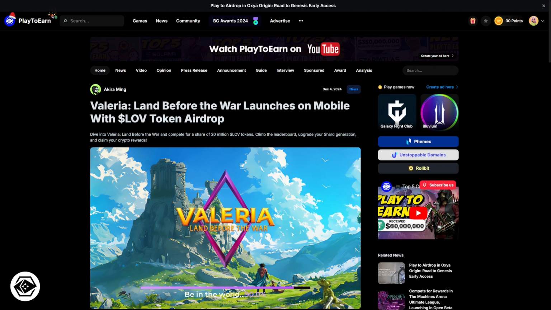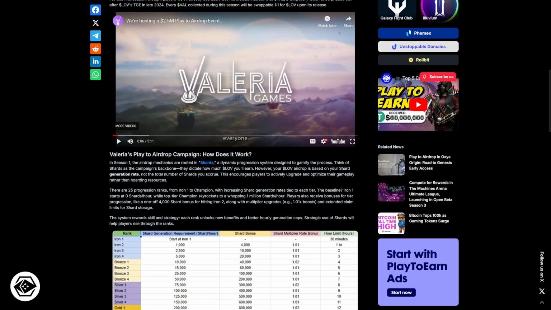The game recently launched on mobile and has an ongoing Play-to-Airdrop campaign to mark their entrance. In this season, players can compete for a share of 20 million LOV tokens, representing 5% of the ecosystem's supply. Players will use Vol tokens during Season 1, which can be swapped 1-to-1 for LOV tokens after the token generation